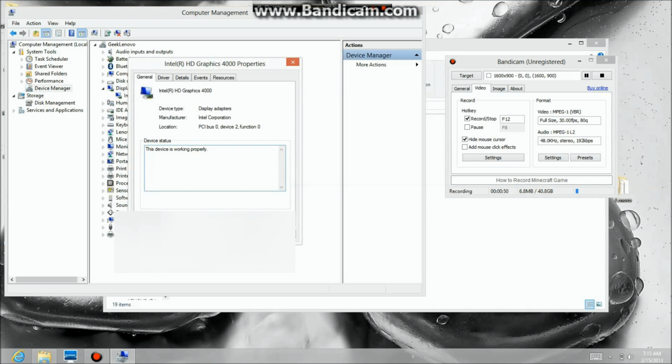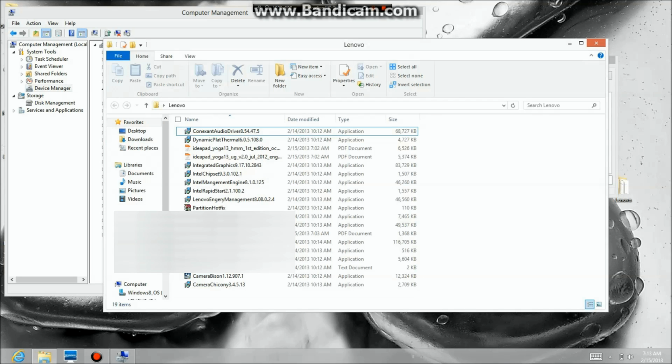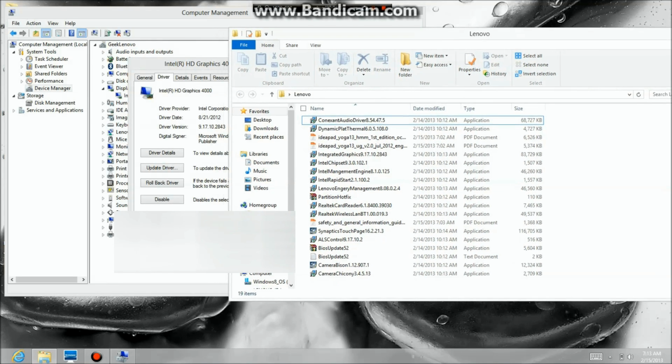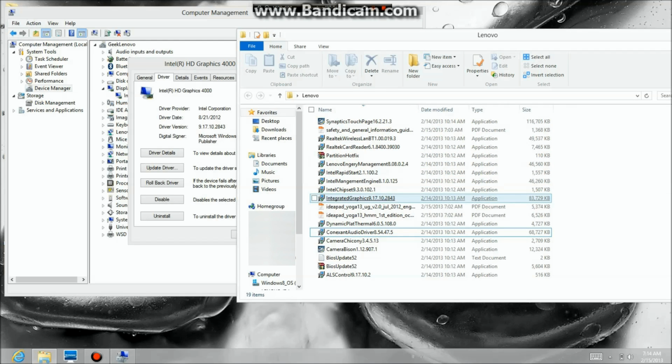It is Intel. We right click or double click on that and we see the driver page, and there's your version number right there, 9.17.10.2843. There's the video driver. So we know that the video driver installed is the same one that we're listing here. If we take a look right here, we can compare the two and say, oh look, that's what I've got. Now what I do sometimes is create an installed directory. I move the ones that are already installed from this folder to the installed folder, so I know exactly what's been done and what's not.